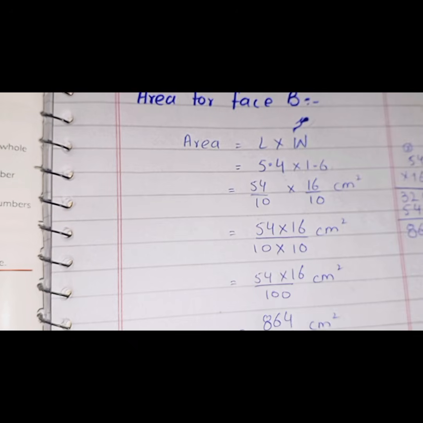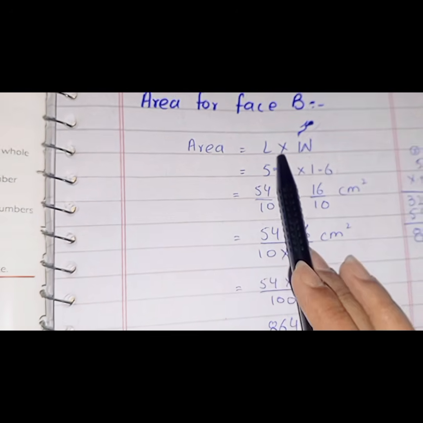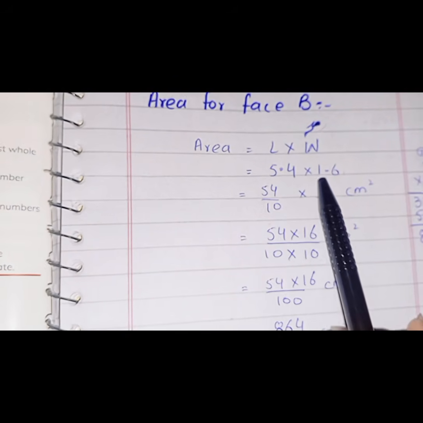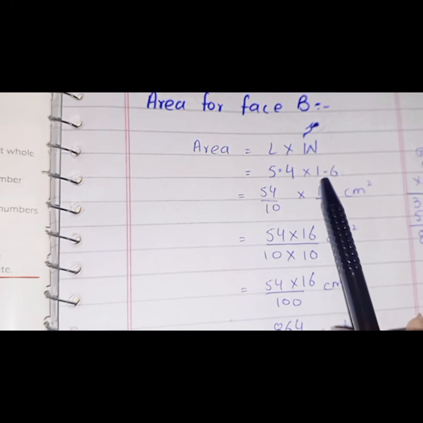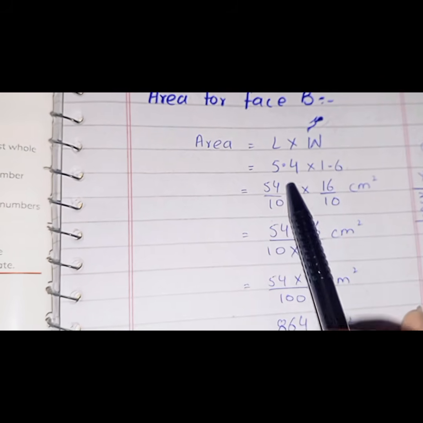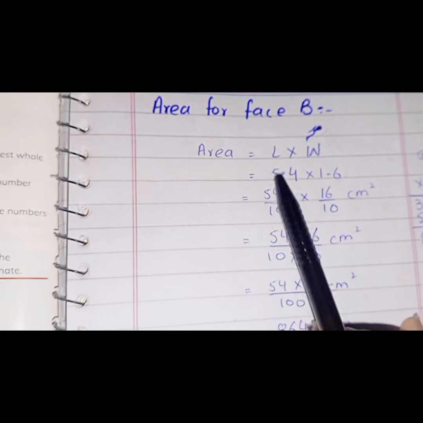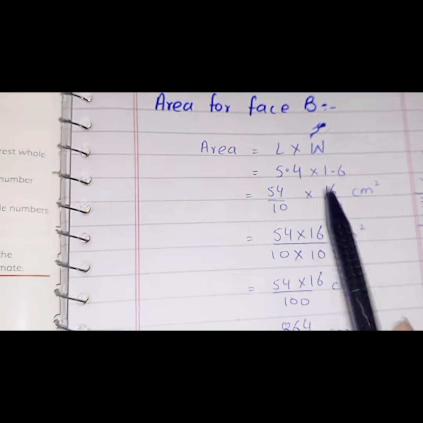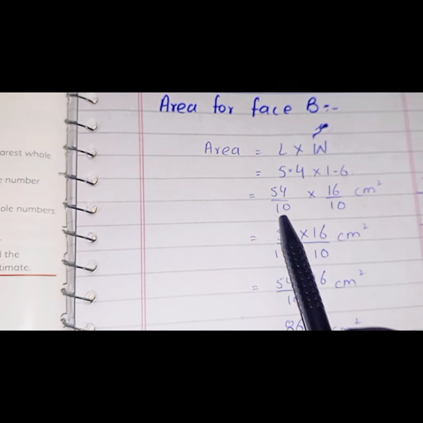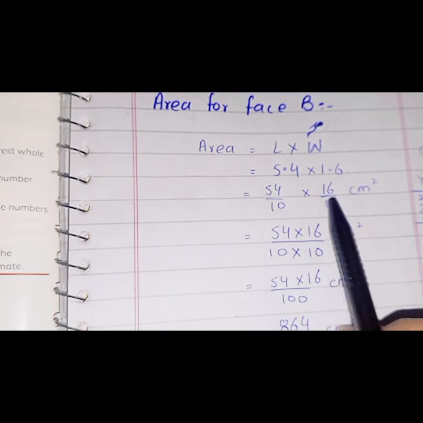Now students, we are going to solve the area for face B. We all know that the formula of area is length multiplied by width. Now we know that the length for face B is 5.4 centimeters and the width for face B is 1.6 centimeters. Centimeter and centimeter is equal to centimeter square, and there is only one digit after the decimal point, so we are going to divide both these numbers by 10. Now multiply numerator with numerator and denominator with denominator. When we multiply 10 by 10, we get 100, and when we multiply 54 by 16,